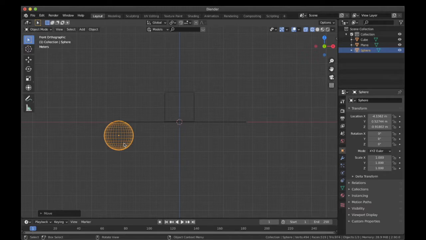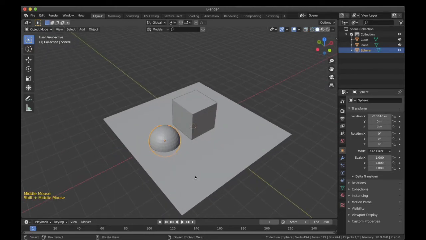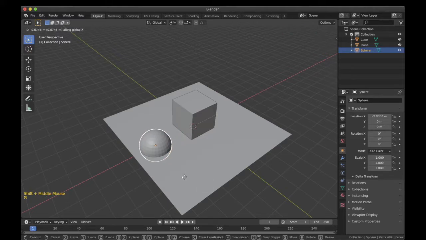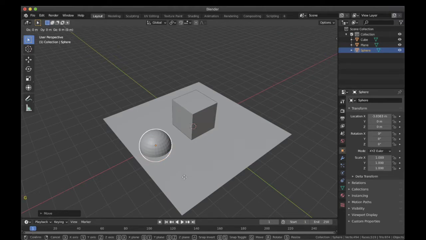Now Control Z or Command plus Z will undo that command. So we have brought the sphere to where it was originally. Now this time if I press G and then press X, you know that it will be snapping along the X axis and we can move it precisely. Now to bring this sphere upward, please guess the command. I think you guessed it right. It is G, then I will press Z and it will move.